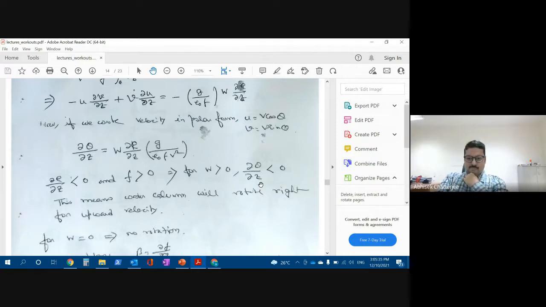Am I saying correct? As you go from the bottom to the surface, z is increasing, but theta is decreasing. Say, for example, theta goes from 90 to 0. I'm taking degrees for easy understanding. At 90 degrees, sine equals 1 and cos equals 0. So you have v equals capital V, but u equals 0, so my velocity is basically towards the north.